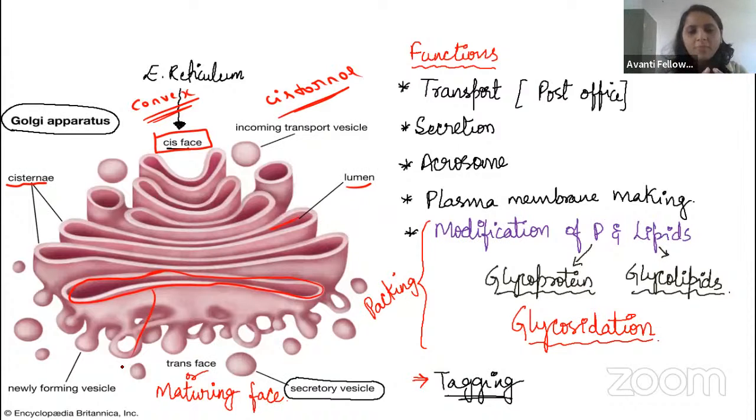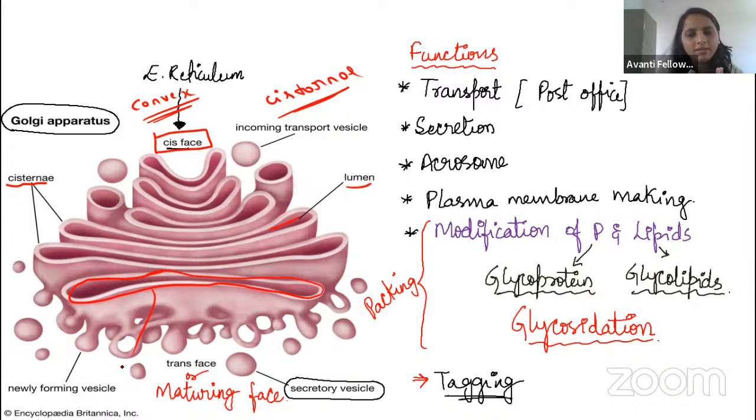So that's why our Golgi apparatus acts as a post office. For example, if you take Amazon, the producers are different, right? They will produce and send to Amazon. Then they will put the client's address on it and send it to the people, right?